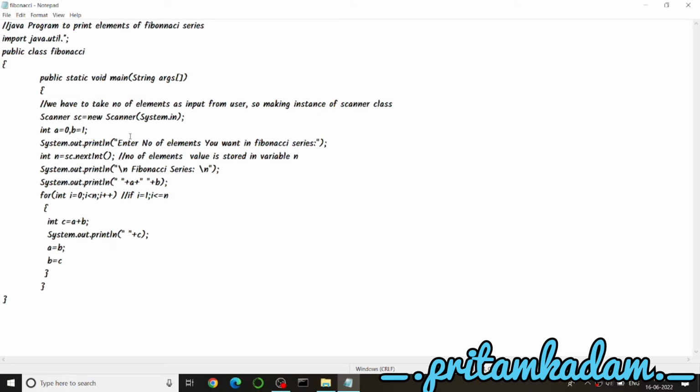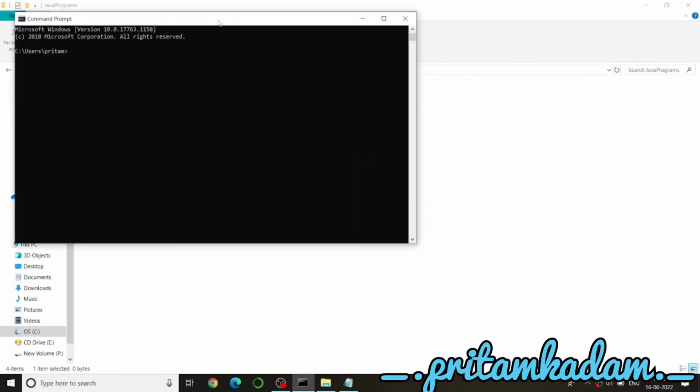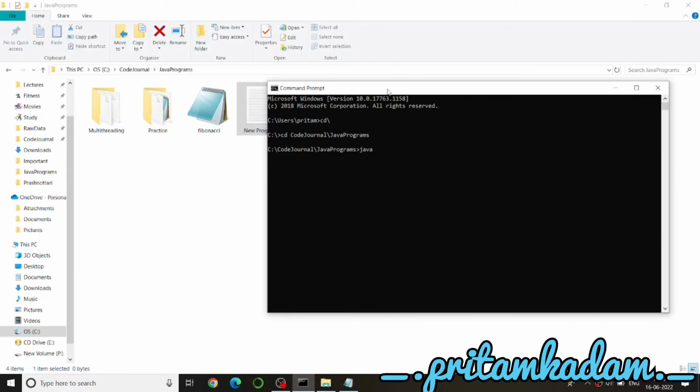Let us run this in the command prompt now. So I will go to the file location because I have to change the directory. So cd slash for the root. Now change directory to code journal and then Java programs, and inside it I will compile the Java file Fibonacci.java. So let us compile this. So javac